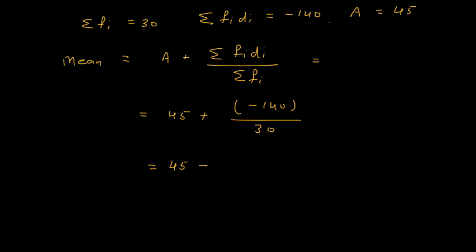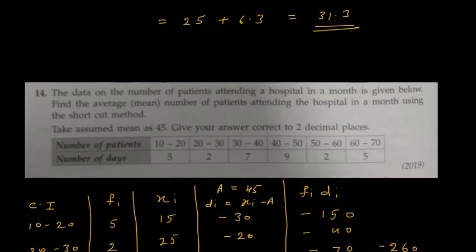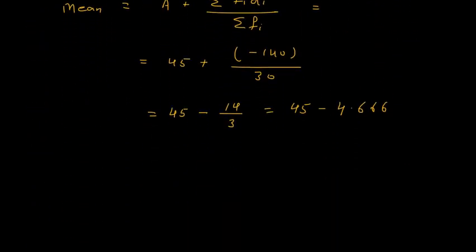This 0 and 0 will cancel. So 14 upon 3 equals 4.666. The problem says give your answer correct to 2 decimal places. So let us first calculate up to 3 decimal places and then round off. So 45 minus 4.666. You can solve it like this: 45.000 and